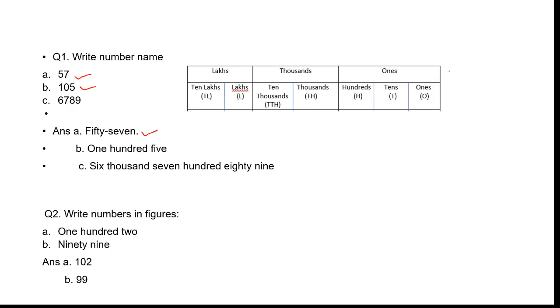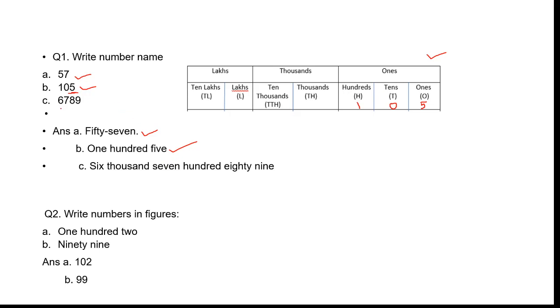So what you will do, children, here I have already made the Indian place value chart. We will start from 5. We will write this 5 at the ones place. Next we will write 0 at the tens place. Next we will write 1 at the hundreds place. So how will you read it, children? 105. You can see here I have written in words the number name of 105.